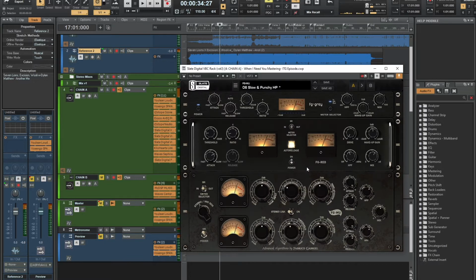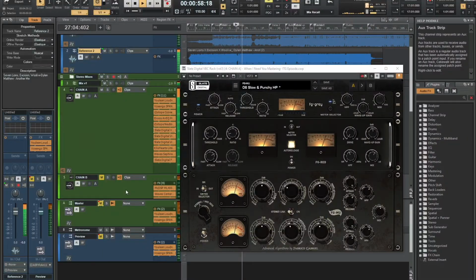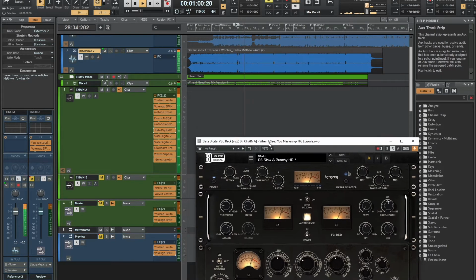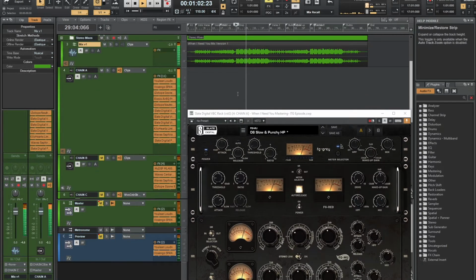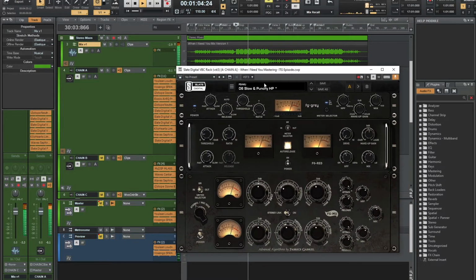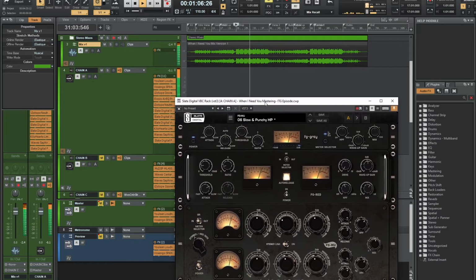Here's where I'm doing the bulk of the dynamics processing. We have the Slate Digital virtual bus compressors, the VBC rack. You notice the needles, I am in the drop of the song, and it's just not doing a whole lot. I'm trying to do subtle, because if we look at his mix up here,